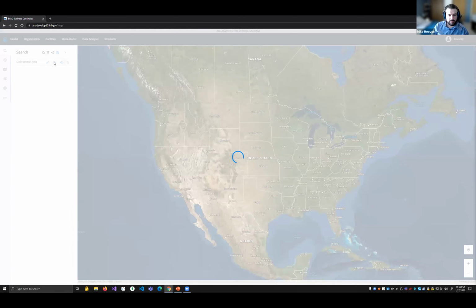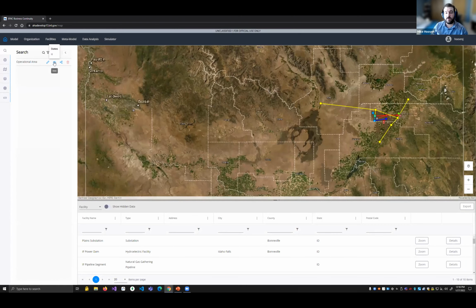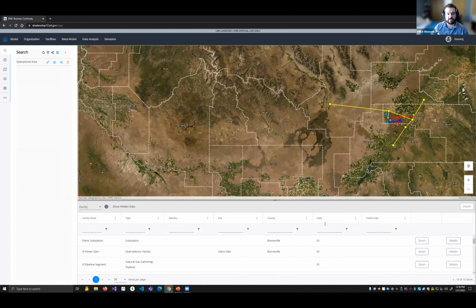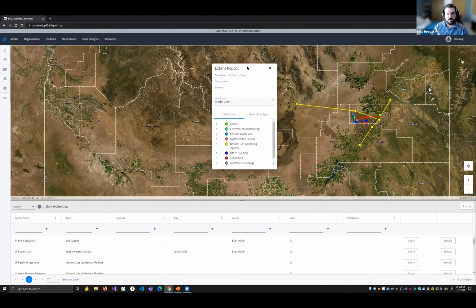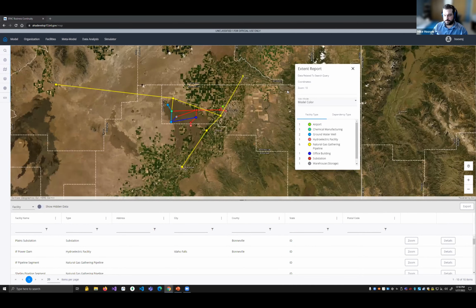So I'll go ahead and load this pre-saved query that I have, but essentially this will load those facilities as well as their dependencies onto the map interface. And we still have the grid view down below here that has that same information. I'll go ahead and load up our legend here as well so that we can get a better idea of the types of facilities that we have loaded onto the screen. We'll discuss this lonely facility over here later and focus mostly on the eastern part of Idaho here that we have